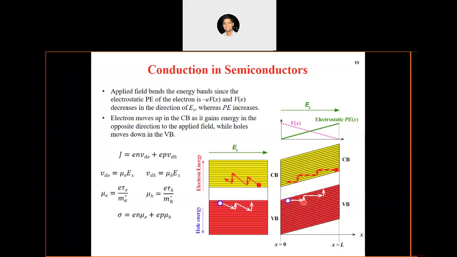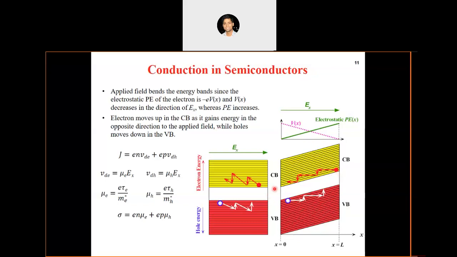Actually the energy is reducing in the x direction for the holes, and for the electrons it is reducing in the minus x direction, because when you are moving in the direction of the force, the potential energy should be decreasing. So that's why for the holes the force is in the positive x direction, and for the electrons the force is in the negative x direction, isn't it? So the energy is decreasing for holes in this case.